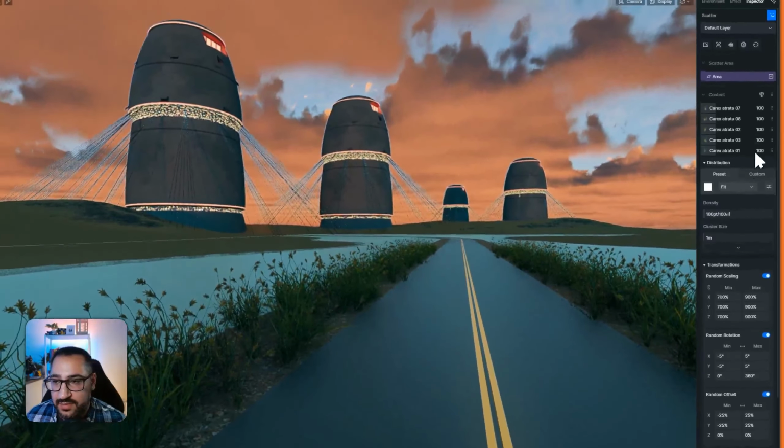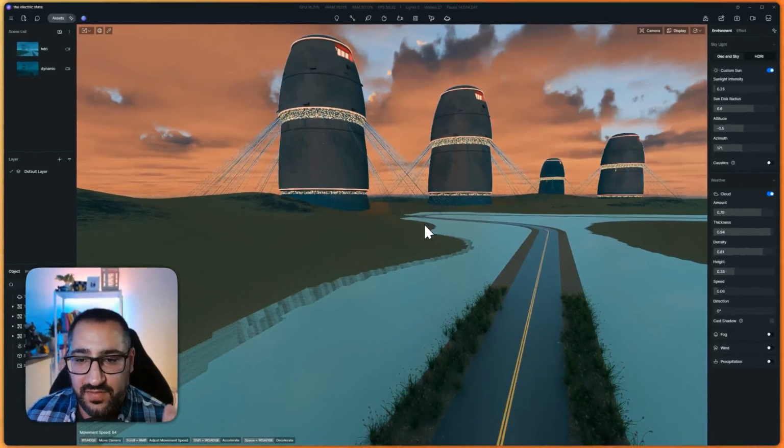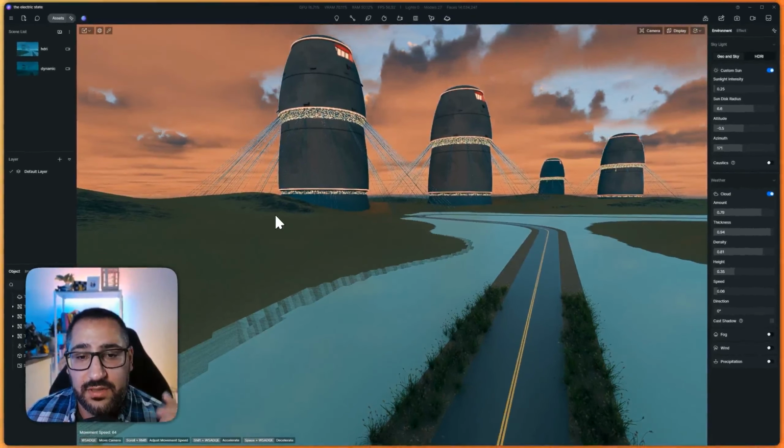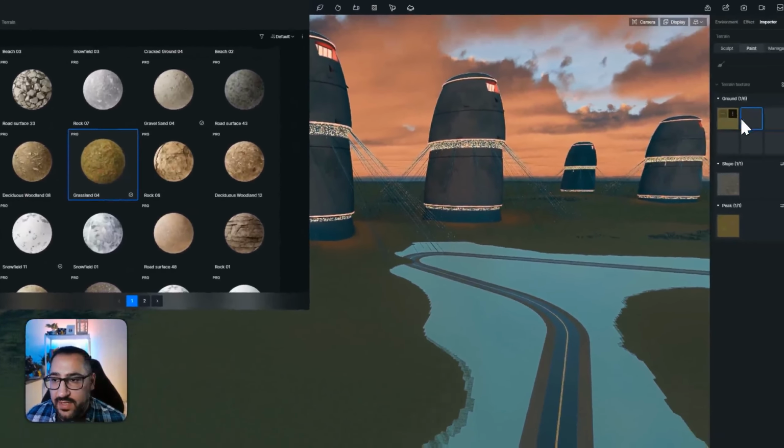I'm happy with this. So now let's talk about the trees. There are a couple of different ways you can handle this. The trees, you could do it via scatter, or you could brush the trees. But if you remember, I was saying that they were basically in batches, so I'll show you both ways. If you were to go over to terrain, let's just grab another color. I'm going to call this grassland. And watch this. If I load this up,